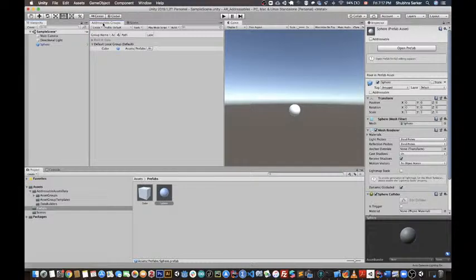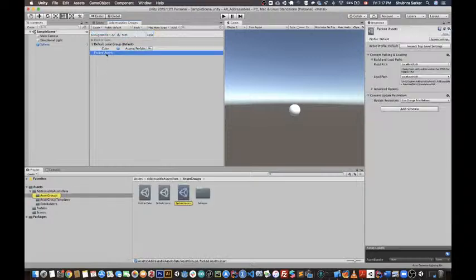But when our project is more complicated, we might have different categories of addressable assets, right? We can have models, prefabs, textures, materials, and different kinds of stuff. It's a good idea to categorize them into different groups. That is why we are going to create a new group here. This is going to be a packed asset group, and I'm going to call it